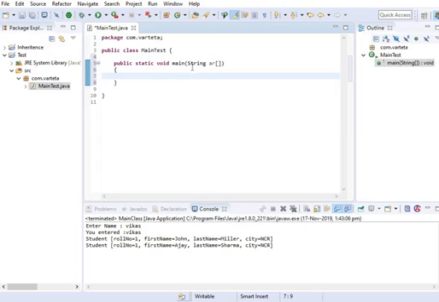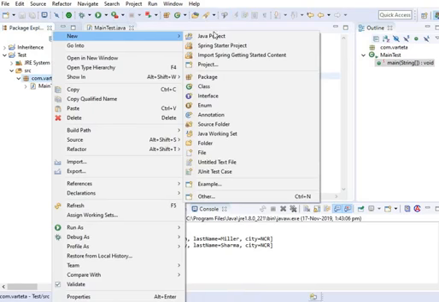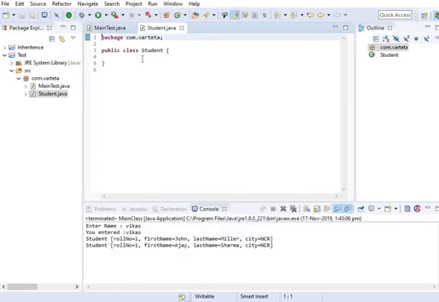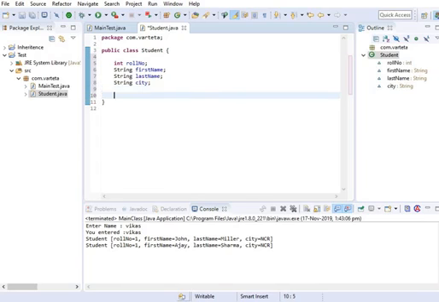So this is our main class, and now I am going to create another class. This is a Student class, and as per our example, Student will have four properties: ID, or we can say roll number, and so on.